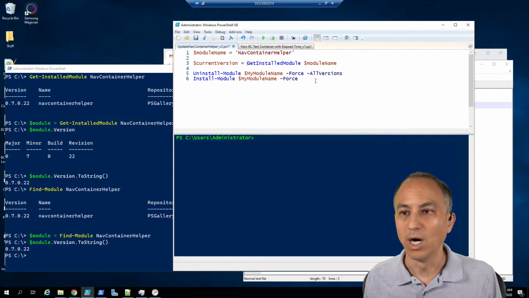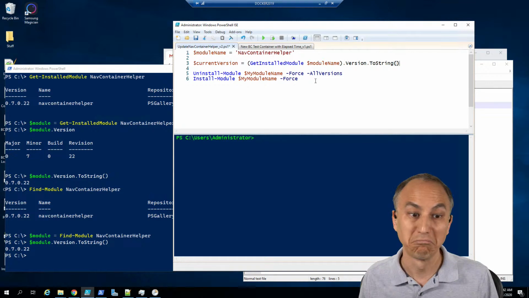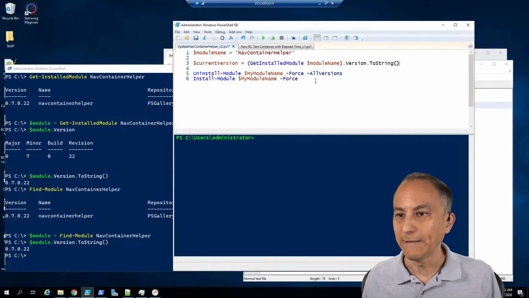Well, we don't want the module, of course, so let's wrap that in parentheses and type .Version.ToString(). I think we can do that in one command. Let's find out. Okay, and then we can do $latestVersion = (Find-Module $moduleName).Version.ToString(),